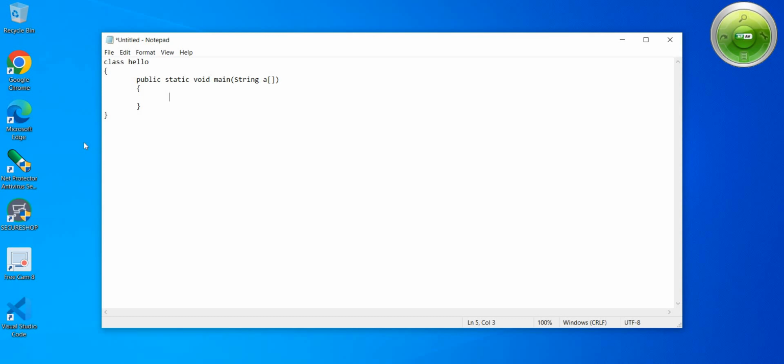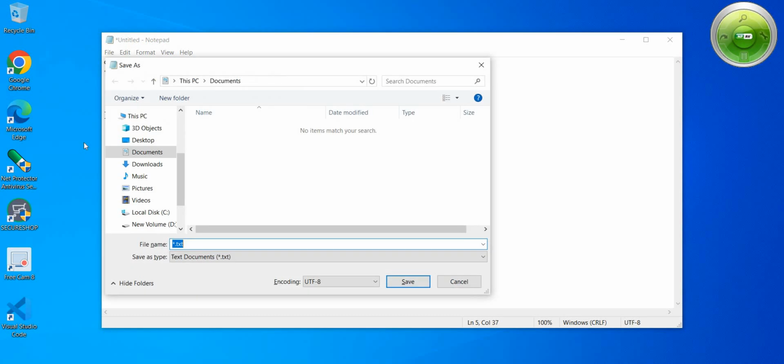Then in this main method we write System.out.println, and here we write the message Hello World, and provide the semicolon to end this statement, and just save this program.